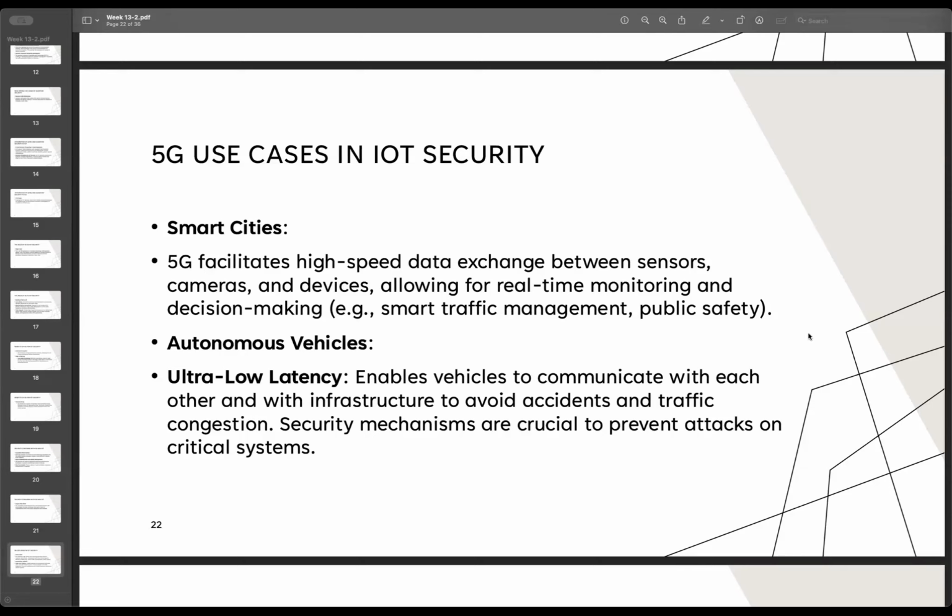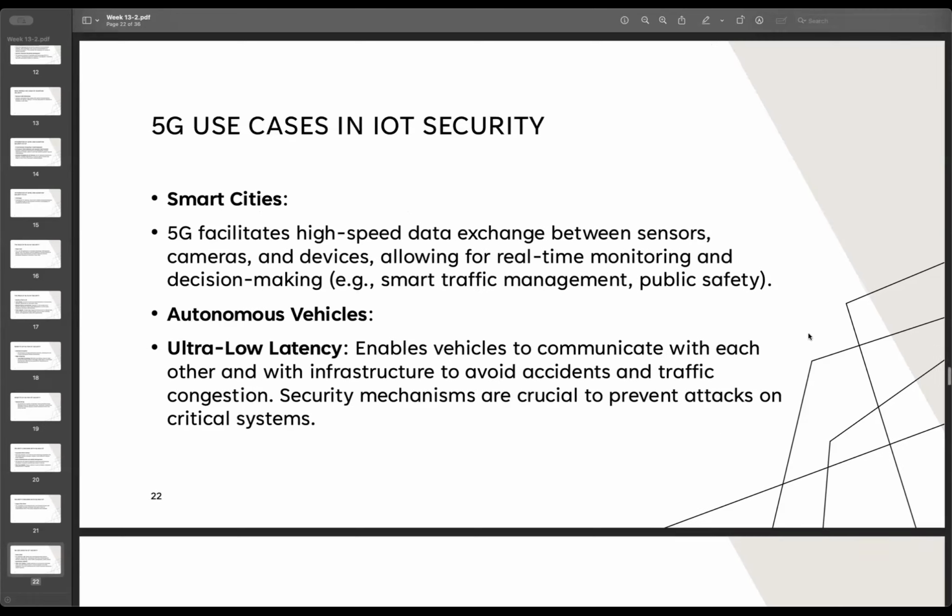But when they share information, we need a really strong security mechanism. This is crucial to prevent attacks on the critical system. If, let's say, we share that a car is moving there, an attacker with a man in the middle attack may be able to steal or modify the information. Maybe we know a car is coming and in 10 minutes it will be closer, but the attacker changes the report from 10 minutes to maybe 1 hour. It may cause a collision, as the car may not be able to slow down. So that may be the issue, and we need to think about it.